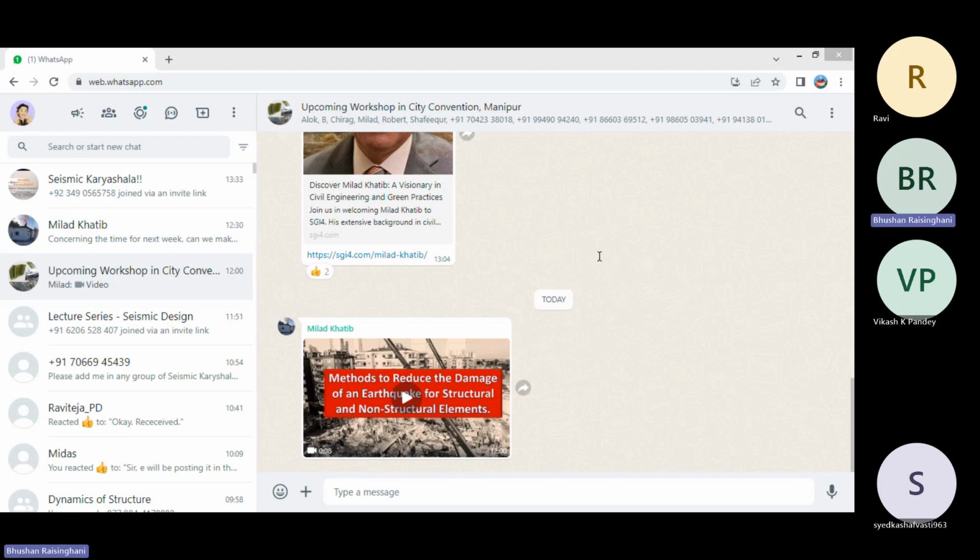So if it is 12 dia, then it is 72 mm. Okay, 6 times the diameter of the smallest longitudinal reinforcement bars,